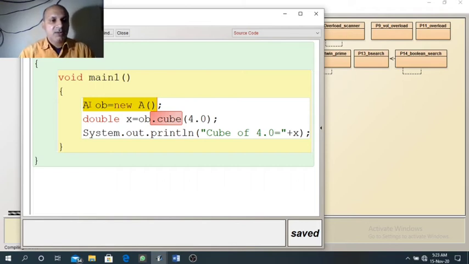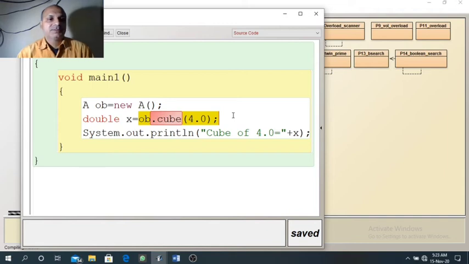So class name A, object name OB equal to new, again class name, object is created. Now ob.cube(4.0), this is the function call statement. Through the object only we can call a function from another class. That is why cube function is called.